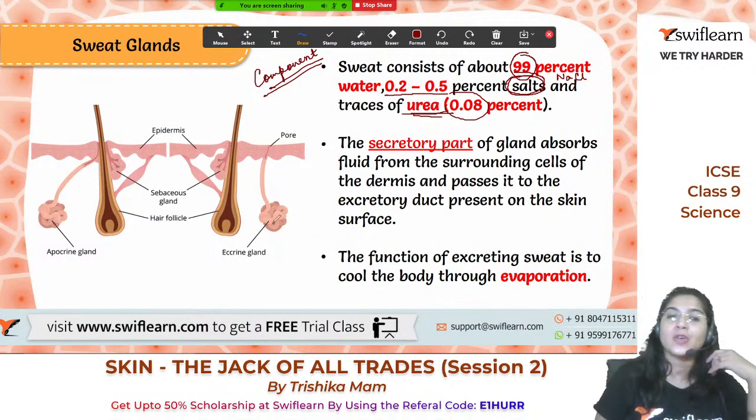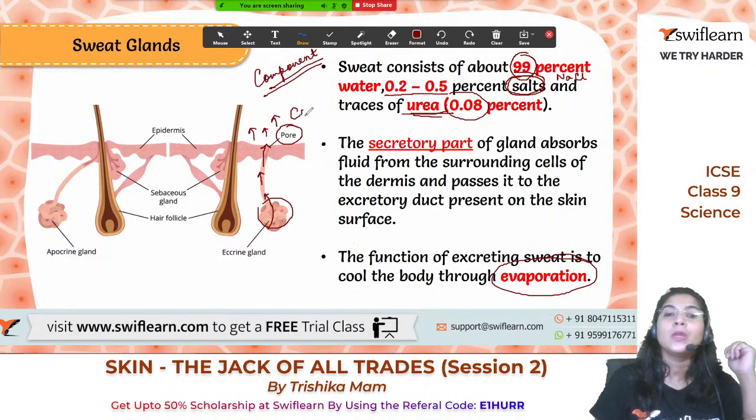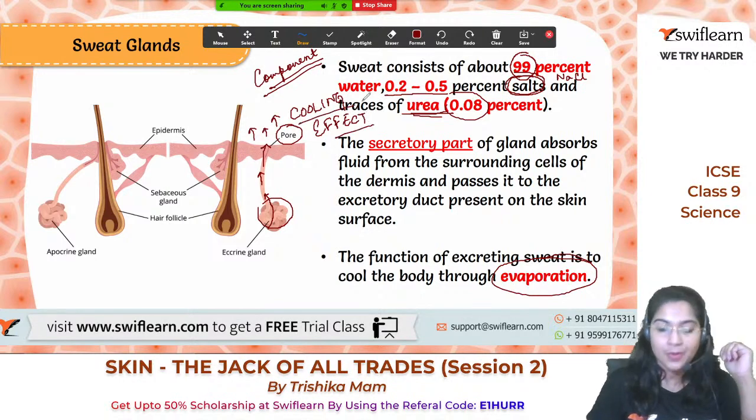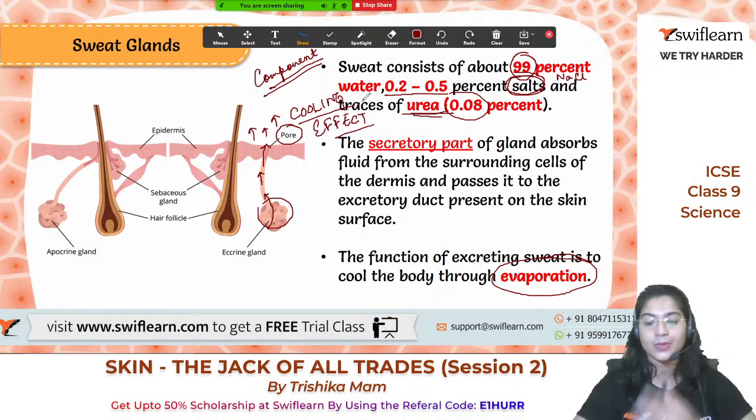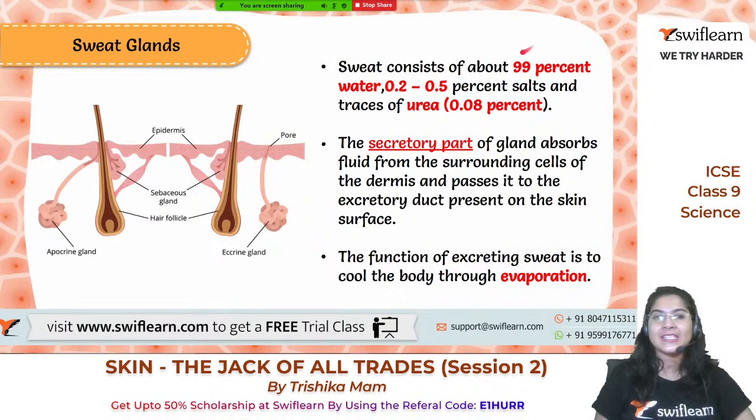So this is the sweat gland. From the sweat gland the sweat will be secreted and it will move through this sweat duct, and finally it will come to the sweat pore present on the skin, and evaporation will take place, which gives a cooling effect. It will give a cooling effect to our body, and thus help in maintaining a proper temperature of the body with the surrounding. Clear up to this much? Any question till this?